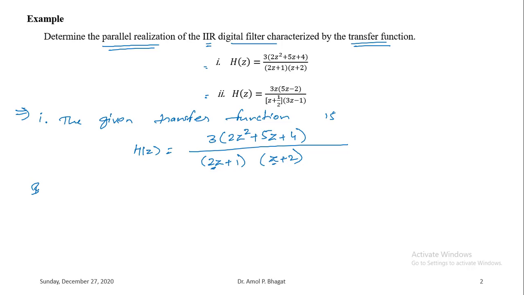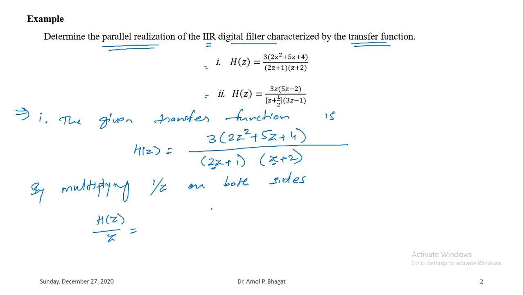So by multiplying 1 by z on both sides, what you will get here, so here you will get H of z upon z, right? H of z upon z